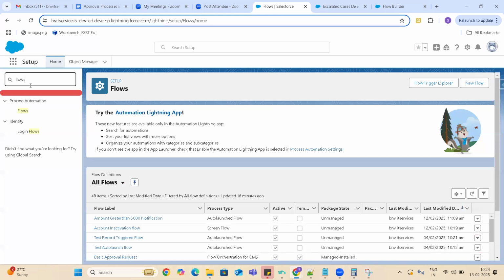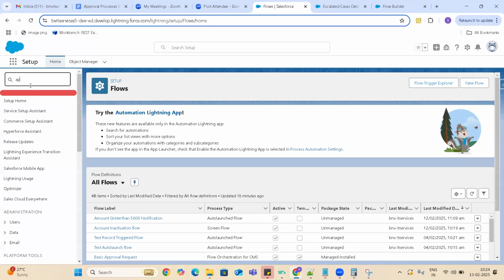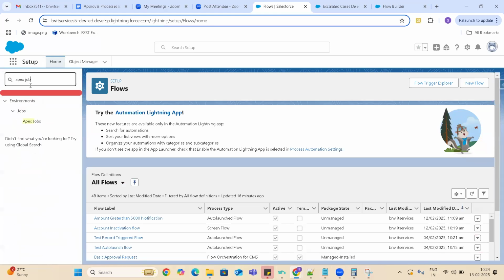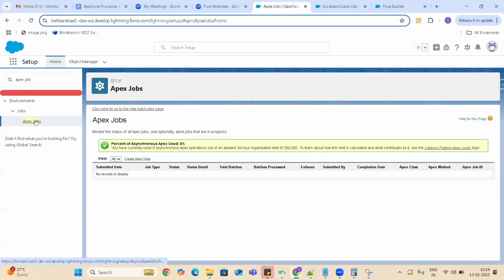If you go to your Apex jobs, from the setup, there is an option of Apex jobs. This is the place you will see all your data, guys. Right now we don't have anything here, right? In tomorrow's class, I can show you. It will run at 6 o'clock and there is a record which will get created here.